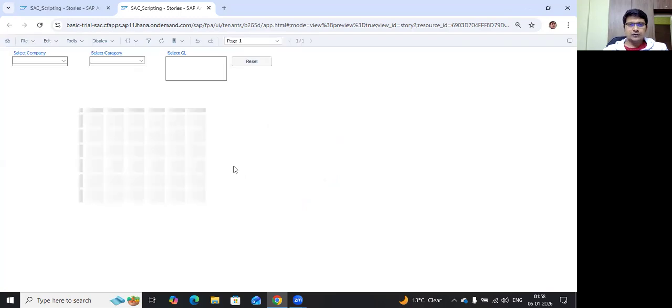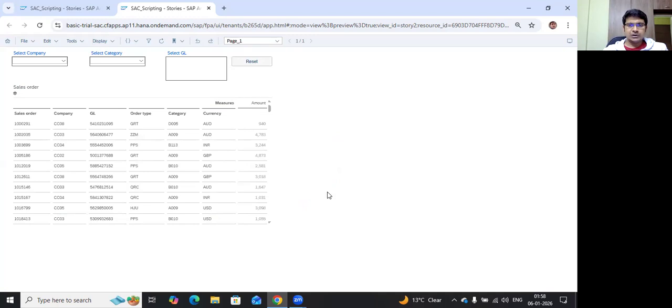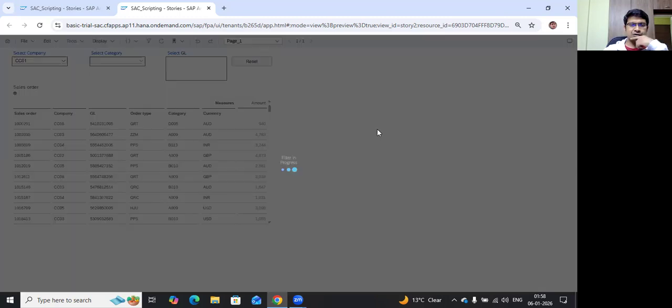Now here, if you see, the page has loaded and you can see the table content here. And by this time, because the on initialization event has already run, when I click on the company or the category, it will show you the list of companies. Unique companies populated through the script of the initialization event. And if I see categories, these are the unique categories coming from the table directly. Now let me select something. See, the select GL is blank because nothing is selected here. Let me select company as CC01, for example,